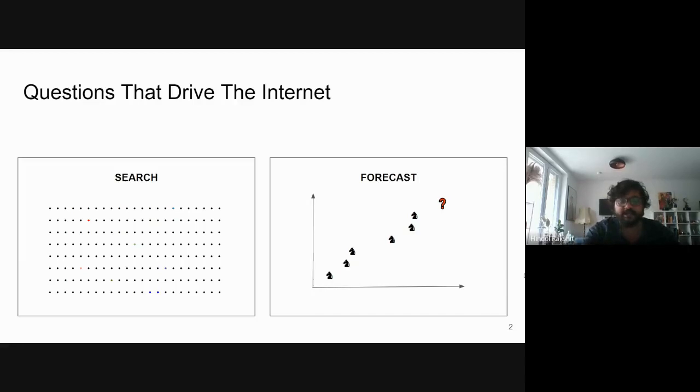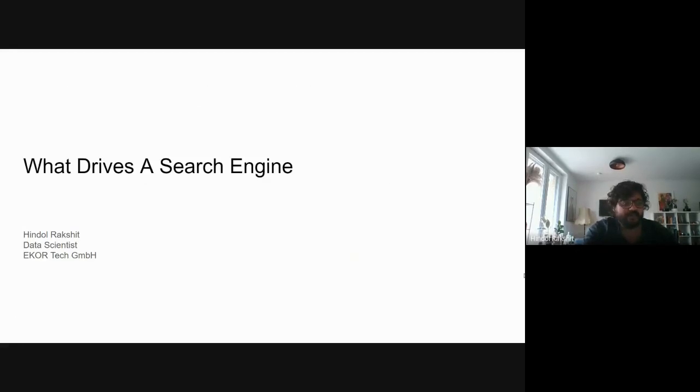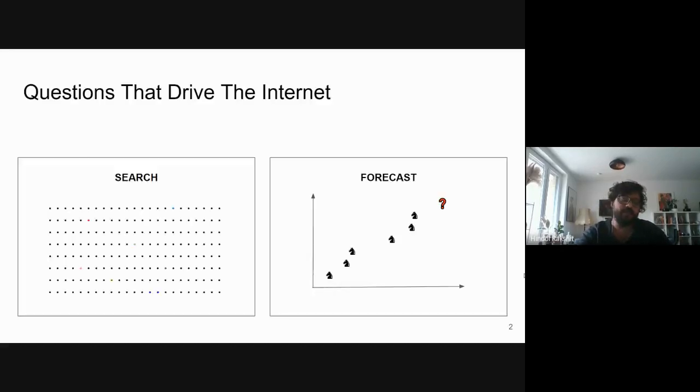First of all, the title of the presentation is what drives a search engine? And the simple answer is machine learning drives the search engine. But of course, just knowing this is not enough because I see a lot of times in the industry, a lot of people come with some knowledge in machine learning, but they do not really know what are the use cases of machine learning in the industry. So what I will do here today is take you through some simple use cases, which will help you understand why should we actually learn machine learning and how can we actually use it in the industry.